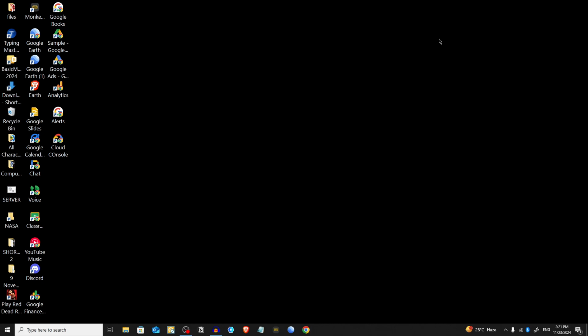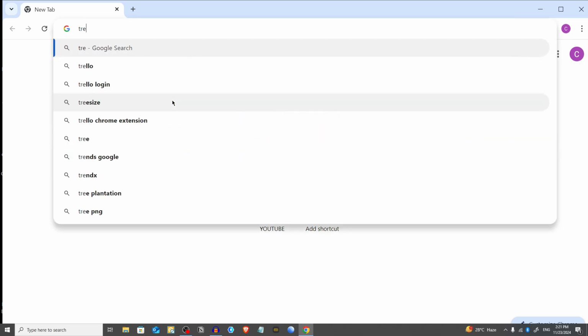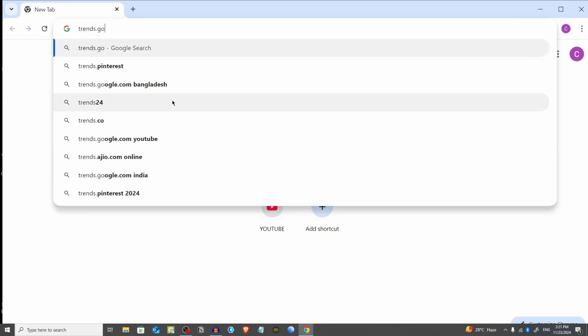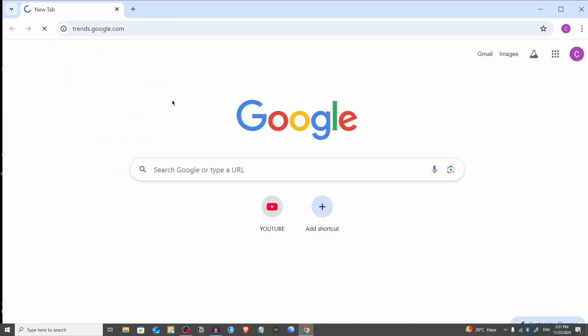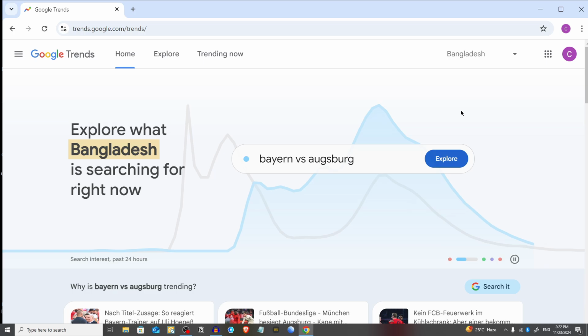Alright, first of all, open your web browser. So I'm gonna open the Google Chrome browser from my desktop and type on the address bar trends.google.com. So I'm gonna type here trends.google.com. Press enter. And now if you want to create the shortcut of it, normally you have to click on